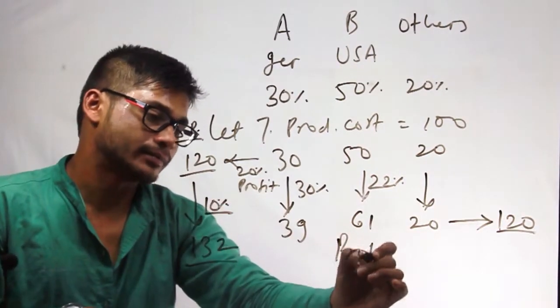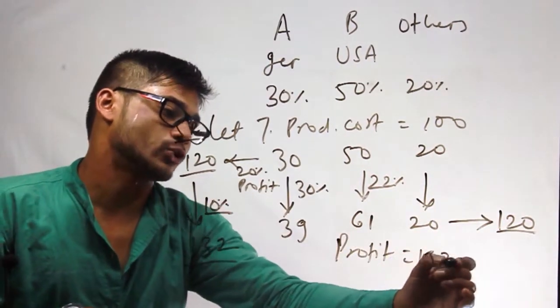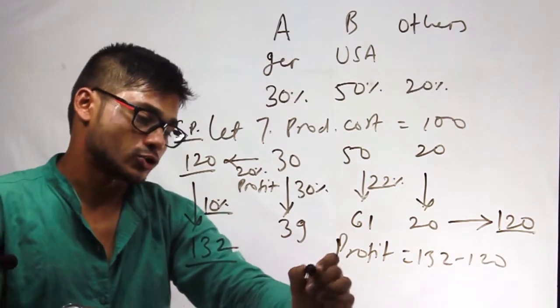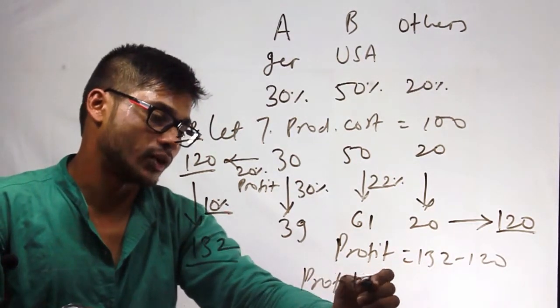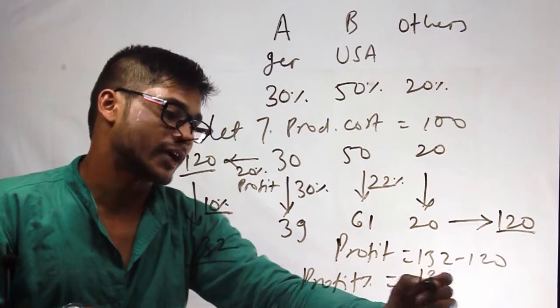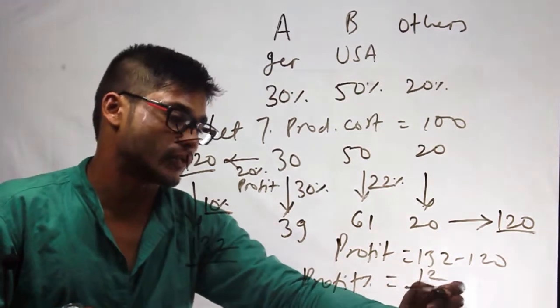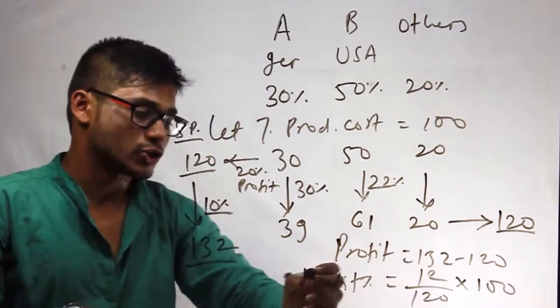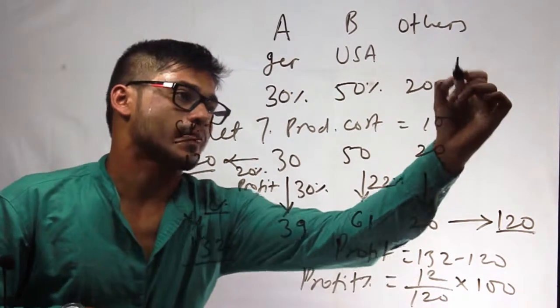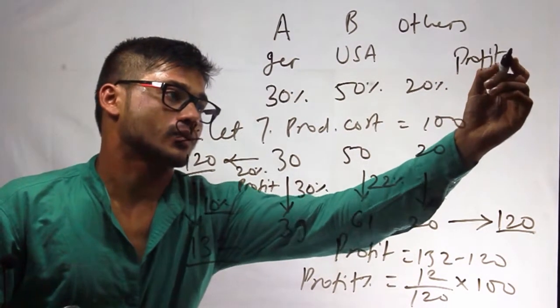So the maximum selling price at this stage will be 132 and the cost price is 120. So profit will be 132 minus 120. So the profit percentage will be 12 divided by cost price, cost price is 120, into 100. So the profit percentage will be